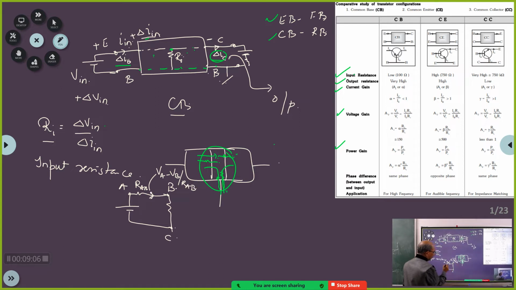Now assume that I am going to have a current source here, because what goes in the collector is a current source. Now whatever is the current, that current will flow like this,